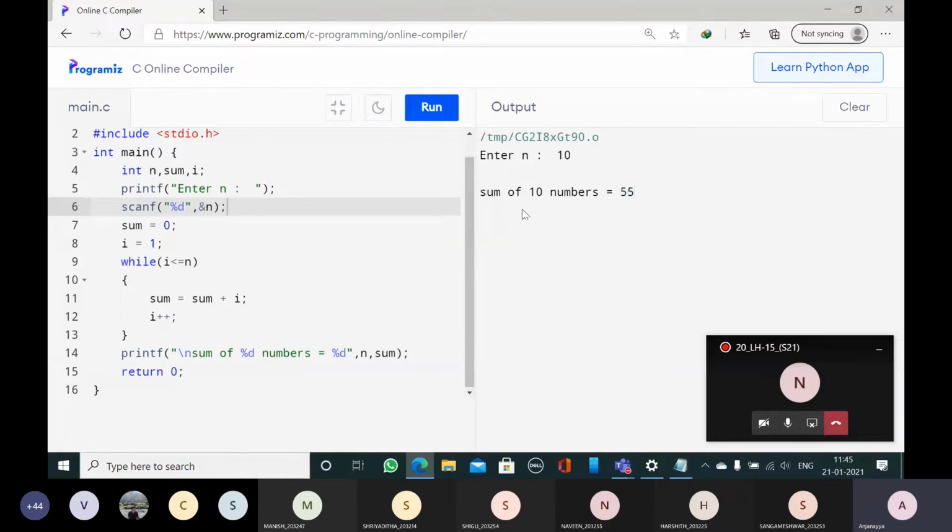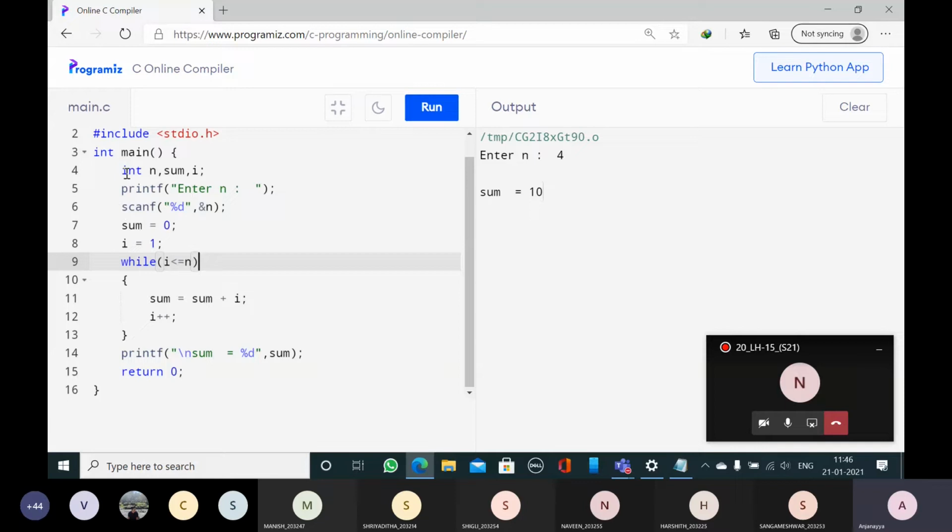Here I have displayed "sum of n numbers". You can also display it in short like this, it is your wish. For example, "Sum of 4 numbers is 10". Initialization, test the condition; if it is true, go inside, then increment. Then test the condition again. When the condition is false, come outside. By that time the expected output will be in sum. This is the second program I have written using the while loop.